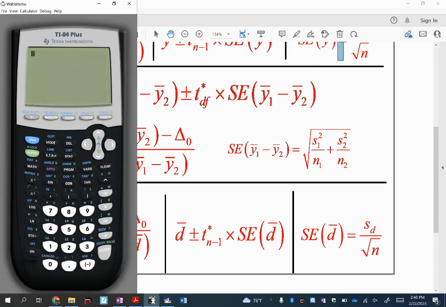Okay, so I'm going to go to stat, over to tests. Does anyone know where the 2-sample t interval is? It's actually number 0, number 10, number 0. Stat, over to tests. We're going to do stats. You're right, Thomas. I didn't get 30 data values from Department 1, and I did not get 30 data values from Department 2. They gave me sample statistics. That's what stats represents. So I'm going to click stats for statistics.